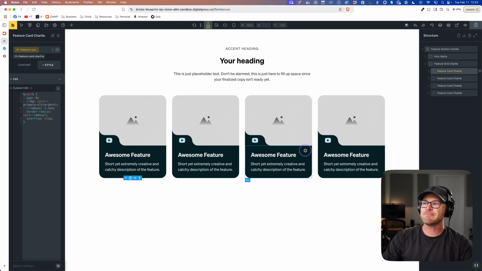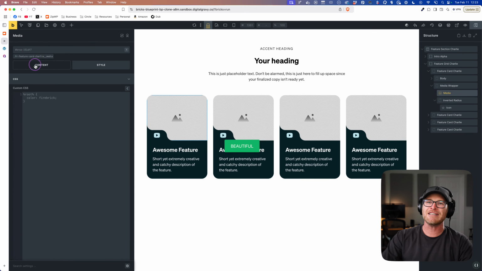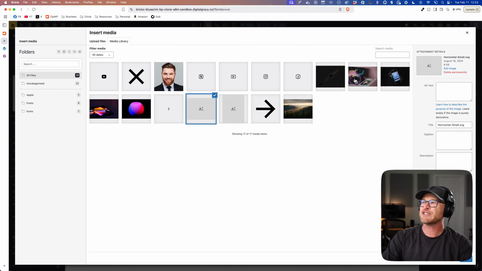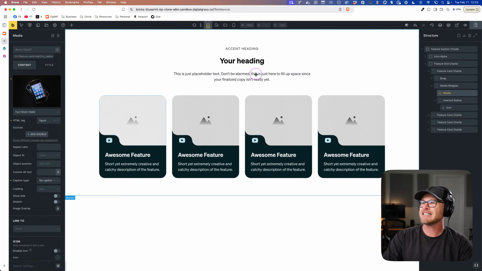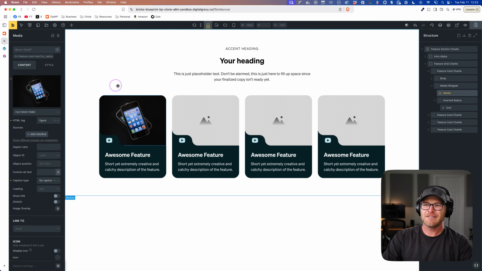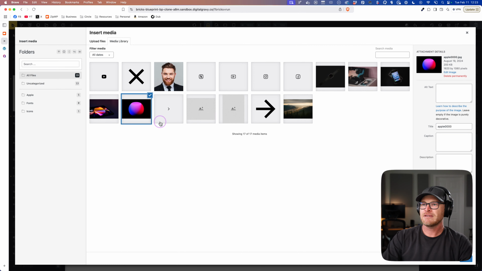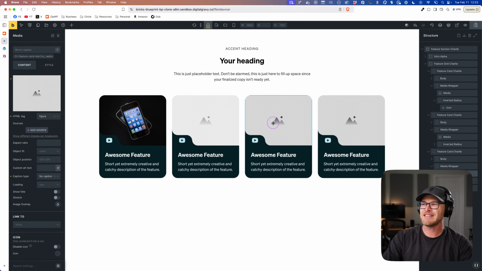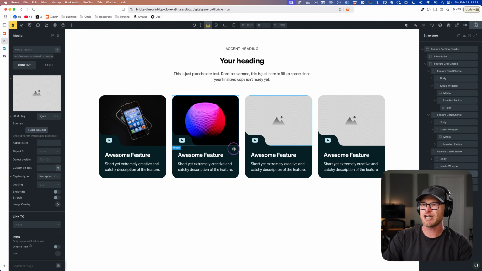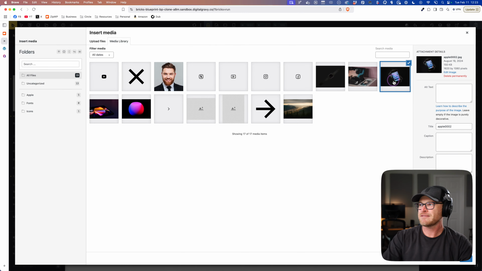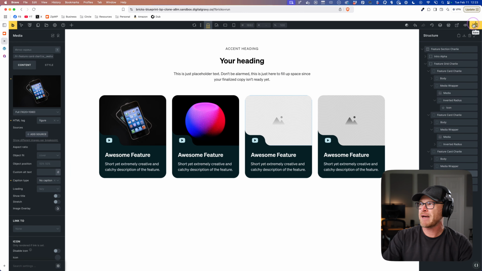Then you just duplicate these bad boys. I mean, look at this. Let's just throw in a real image, just so you can appreciate how these cards that I just pulled out of nowhere would look. Let's throw this in here. I mean, these are good looking cards, ladies and gentlemen. All right? Just whipped them up out of nowhere.